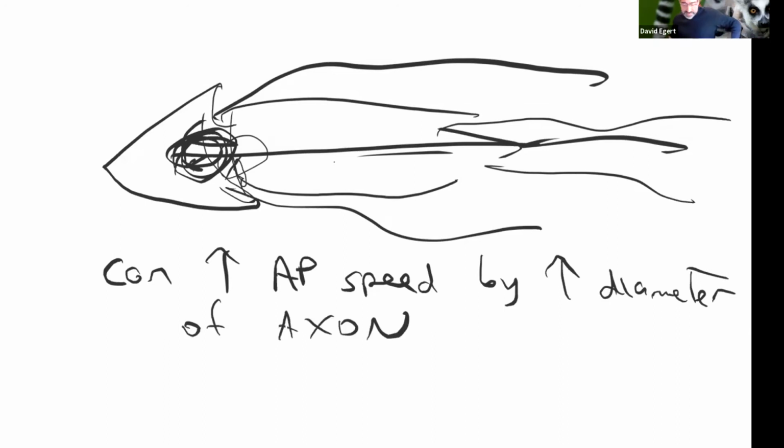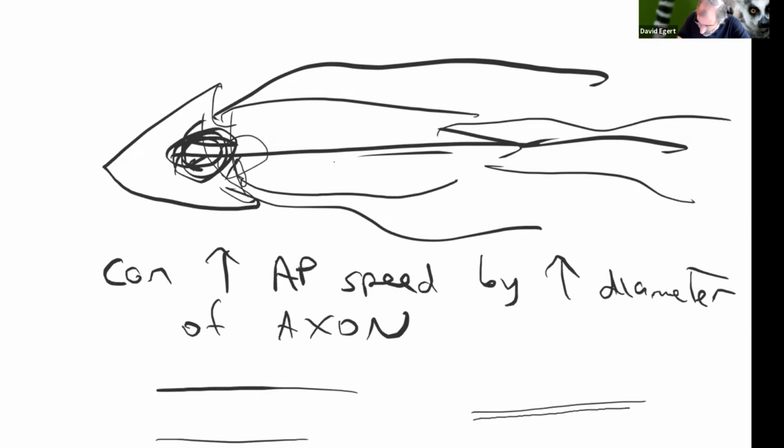So you can increase the action potential speed by increasing the diameter of the axon. This works because it's kind of like having a wire that has high resistance and low resistance. The signal stays high much longer. You don't have to keep regenerating it if you have a much larger diameter. Even in our bodies, we have some axons with larger diameters, smaller diameters, depending on how fast we care. We're going to see in our cells, we also have myelin, which is going to play an important role for